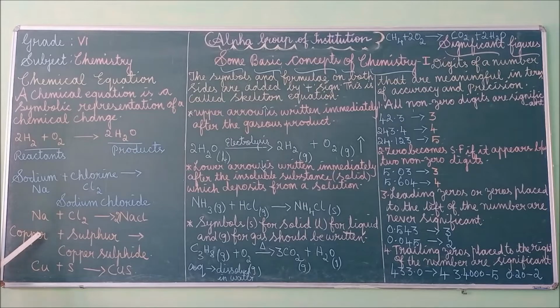Next example, copper. Copper, when it reacts with sulfur, both react to form copper sulfide. So copper, when it reacts with sulfur, forms copper sulfide. What is the formula? What is the symbol of copper? Cu. What is the symbol of sulfur? S. Cu plus S